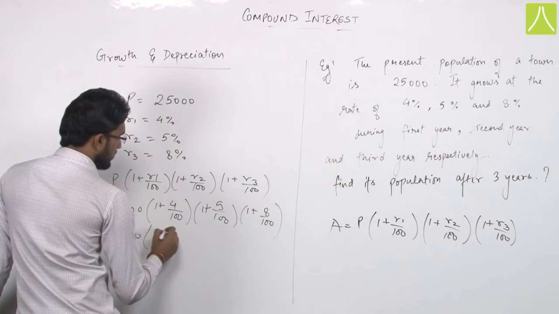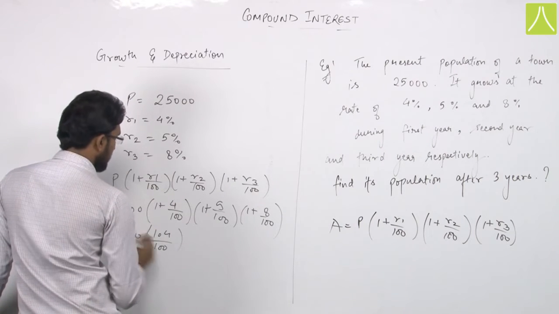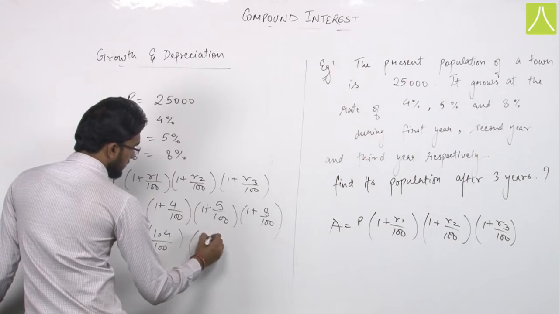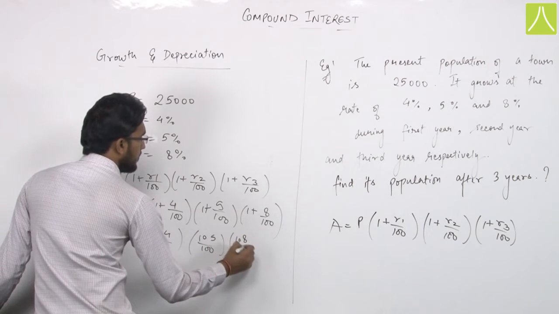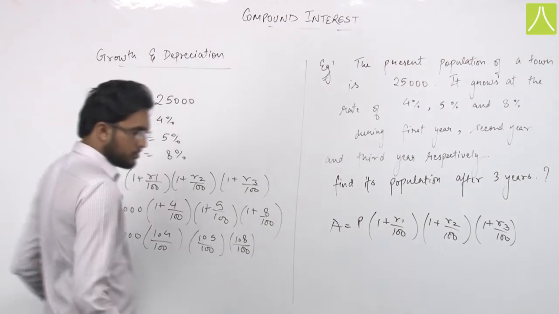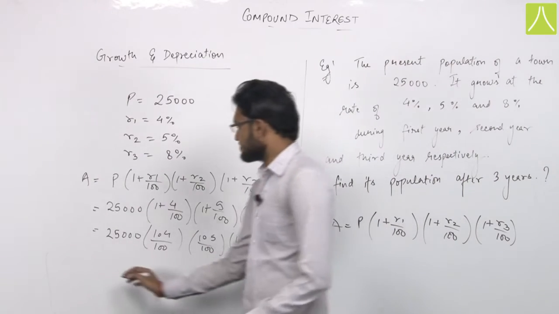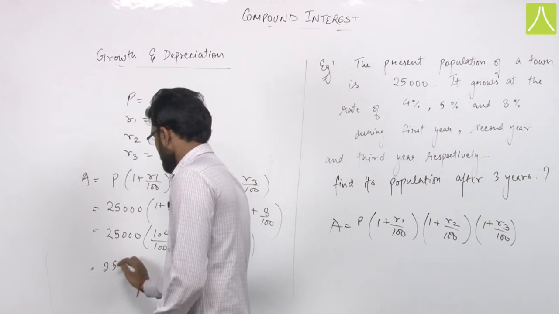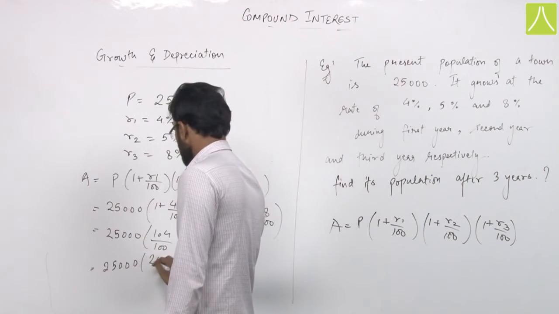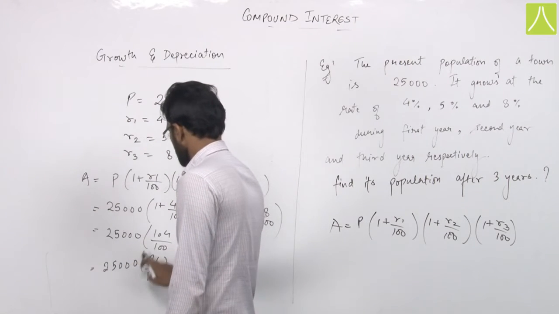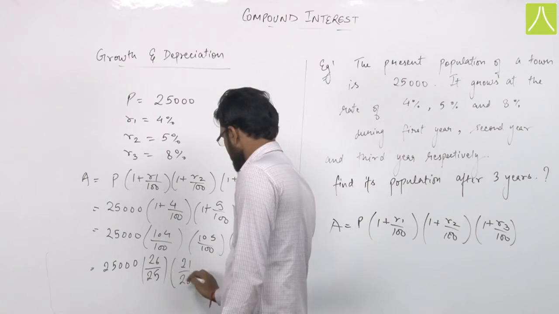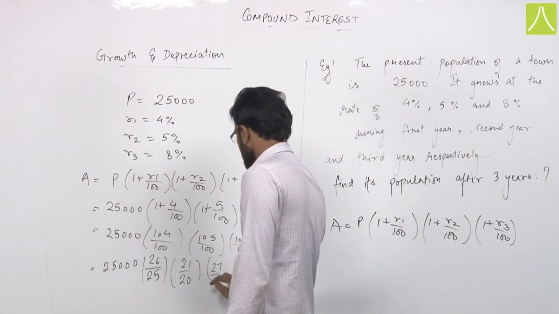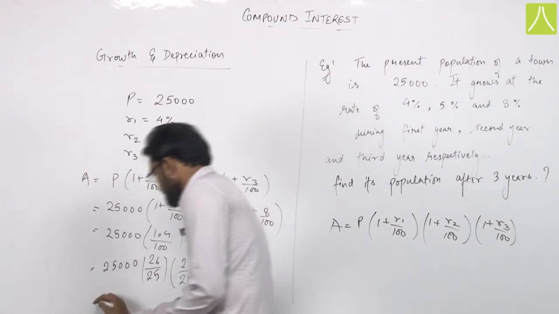into 104 upon 100, 105 divided by 100, and 108 upon 100. Solving this further, we get 25,000 into 26 divided by 25, and this will be equal to 21 divided by 20 into 27 divided by 25, which is equal to